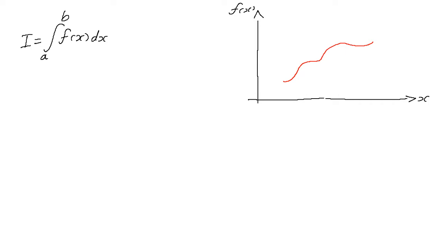Now we wish to find the integral of this from x equal to a, so this is point A, to x equal to b. So this is our required integral. Now we know that graphically this integral is nothing but the area under the graph. Let me call that area a, bounded by the x-axis and the function curve. It is not easy to calculate this area.